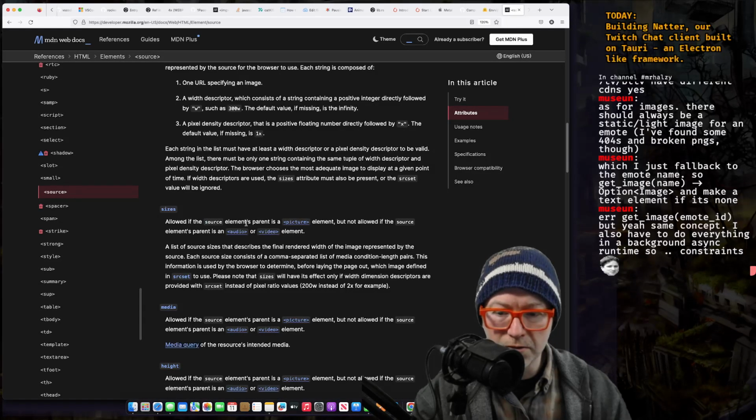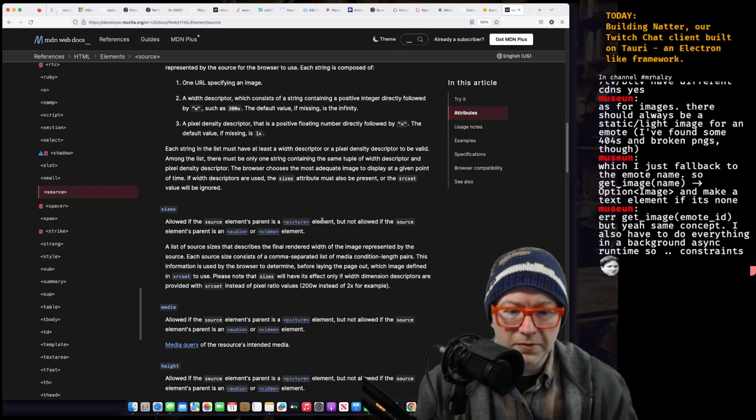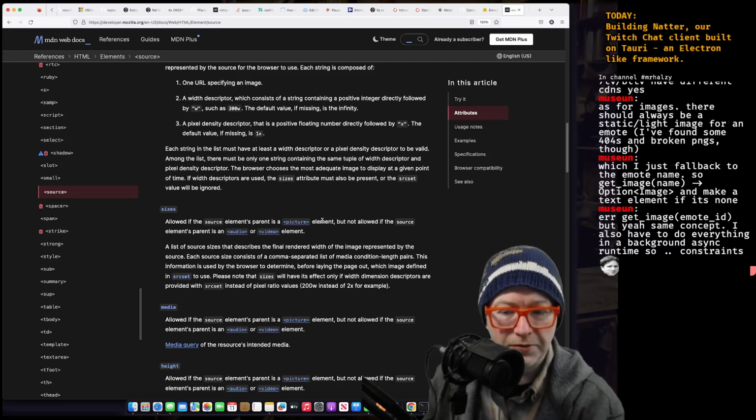Allowed if the source element's parent is a picture element, but not allowed if the source element parent is an audio or video. Oh, interesting. Before laying the page out, which image to find in source set to use? Please note that. Okay.